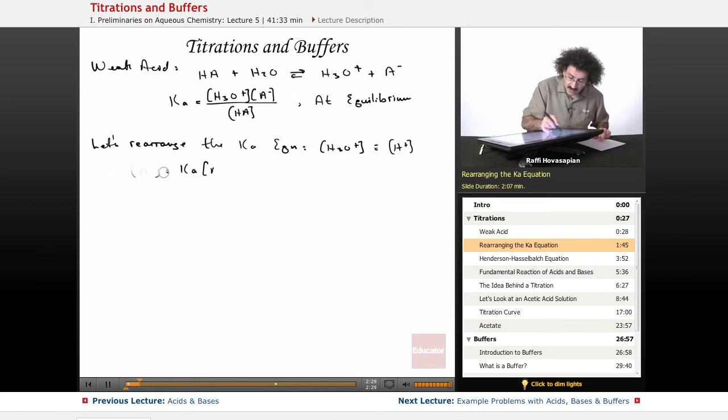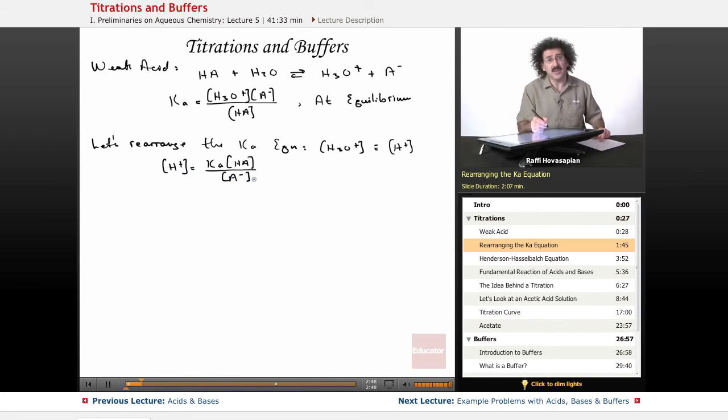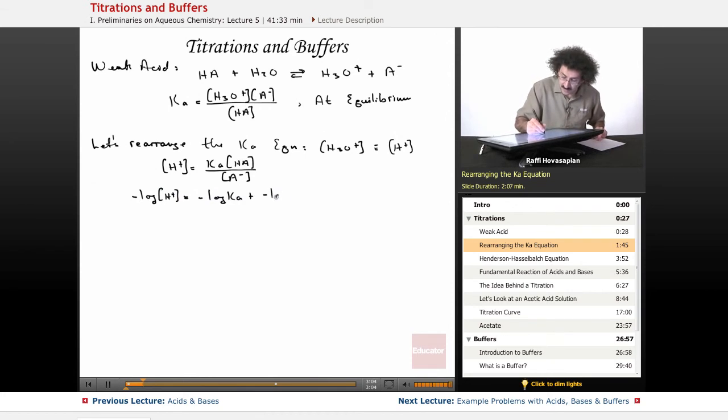Let me start again, excuse me. Okay, let's see what we've got here. So I've got H plus concentration is equal to the Ka times the HA concentration divided by A minus. Now I'm going to end up taking the negative logarithm of both sides. So I've got negative log of H plus equals negative log of Ka plus the negative log of